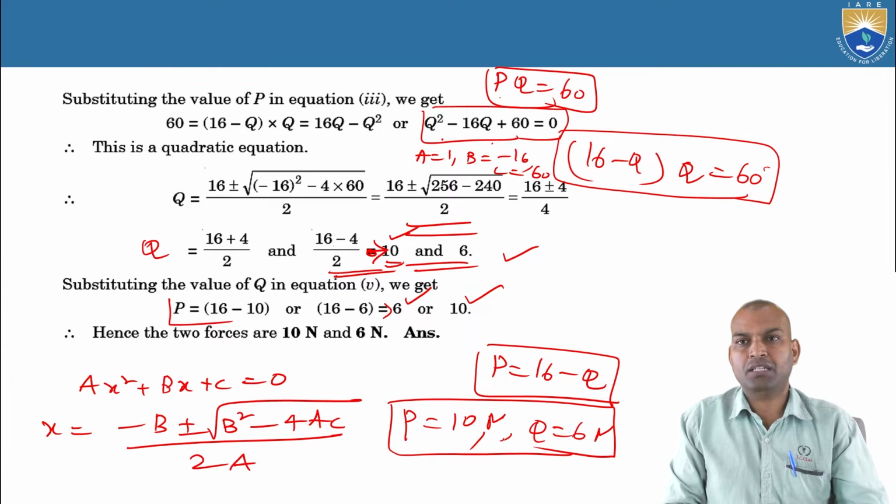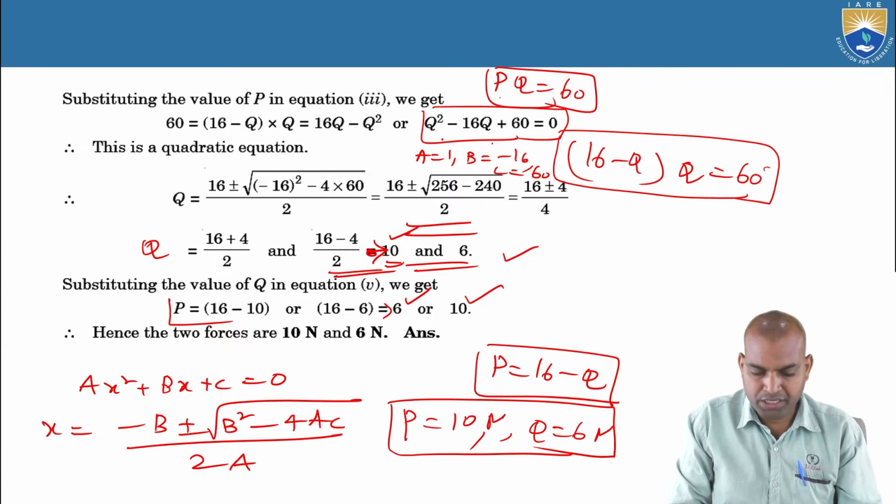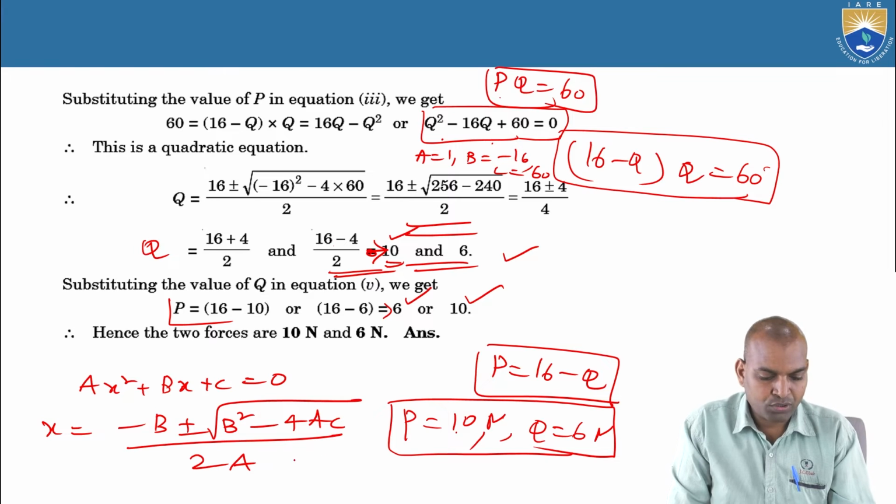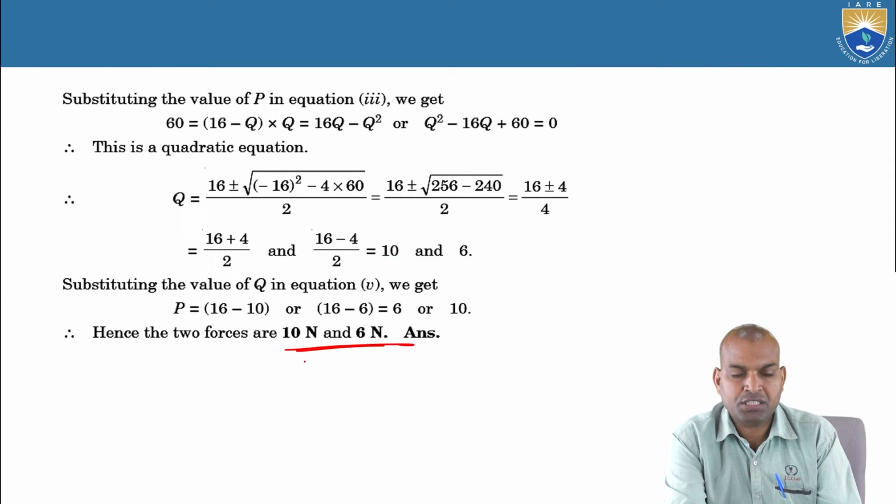So these objectives are achieved: the values of P and Q. P equal to 10 and Q equal to 6 newtons. Now what is the resultant here? If you apply these two forces, you can validate. Then R equal to what? If you substitute back the obtained values, 10 newtons and 6 newtons,